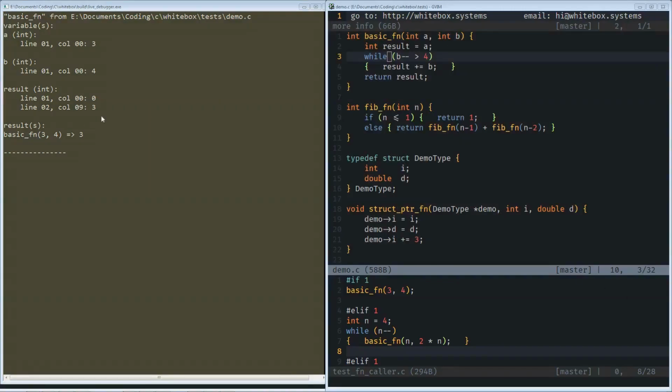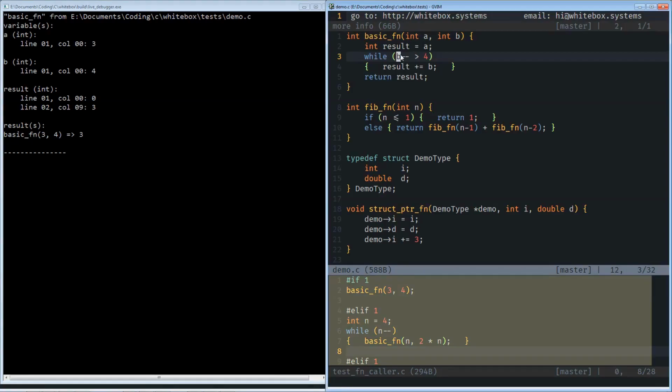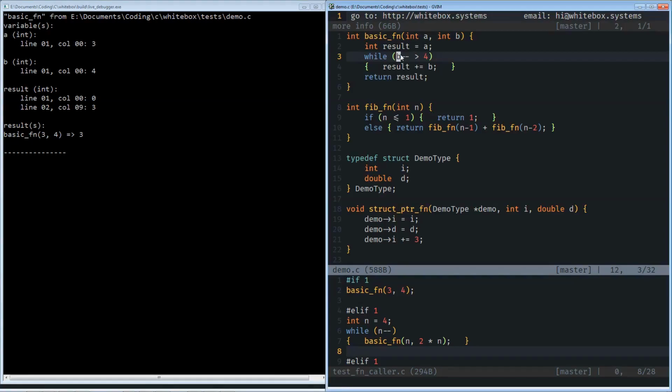The left of the screen shows the output from WhiteBox. Functions need to be given some inputs to run, so the bottom right is a temporary way of providing those. This is not what the UI will look like, but this will hopefully serve to demonstrate some of the tool's features. You can see that the cursor on the right is in basic function, called with arguments 3 and 4